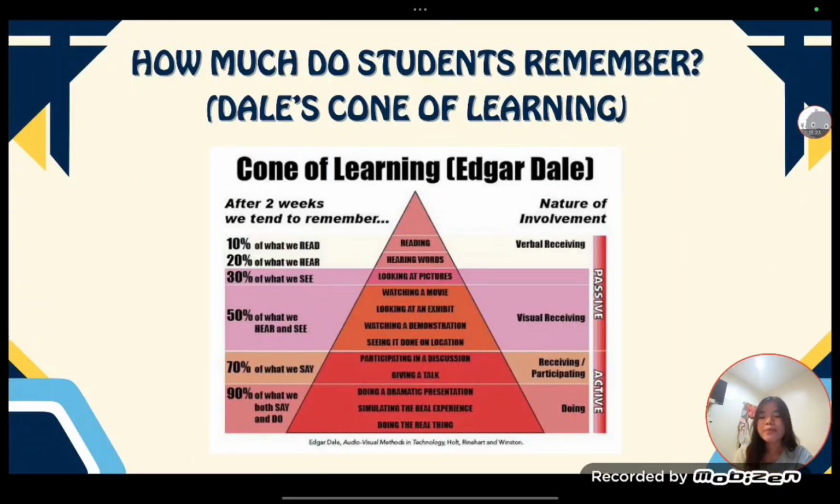So 10% of what we read is reading. So the nature of involvement, that is verbal receiving. So next is we have the reading. Just like for example,